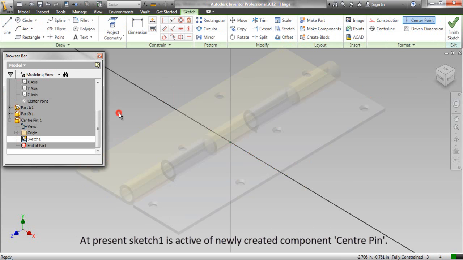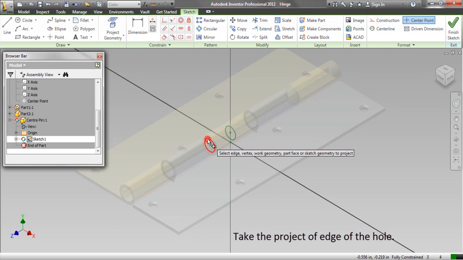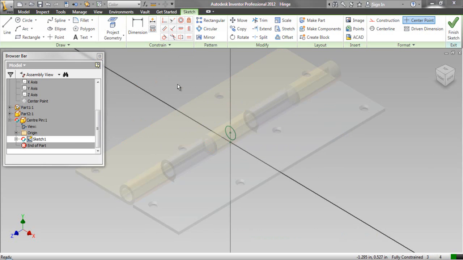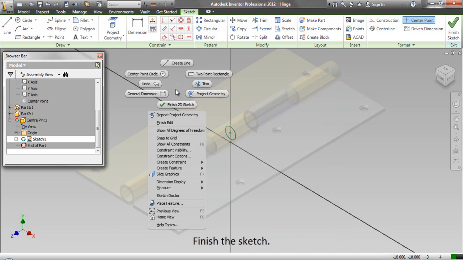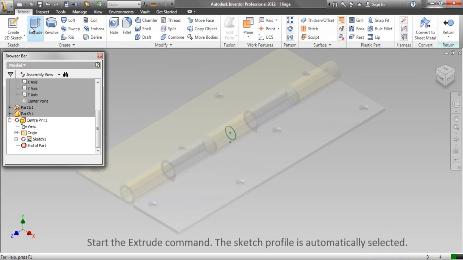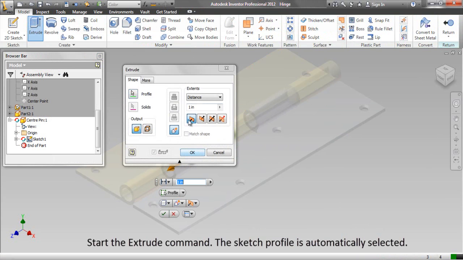At present, sketch 1 is active for the newly created component center pin. Project the edge of the hole. Finish the sketch. Start the extrude command. The sketch profile is automatically selected.